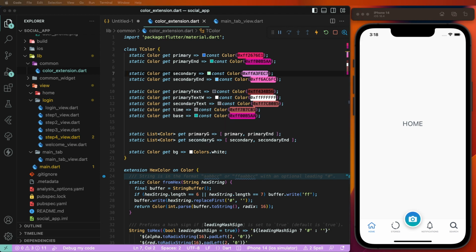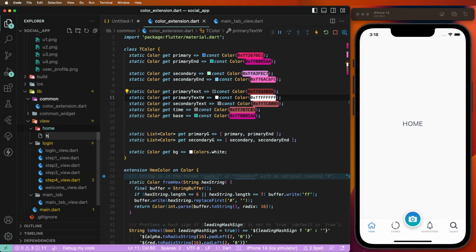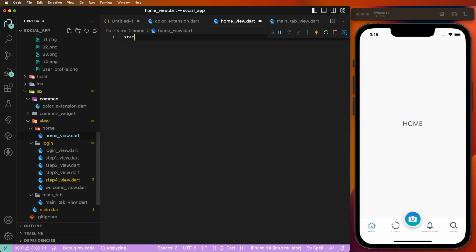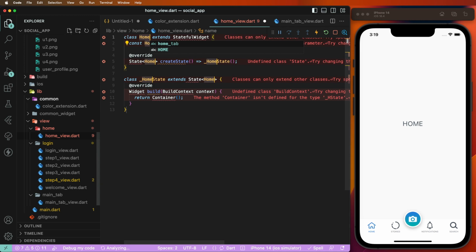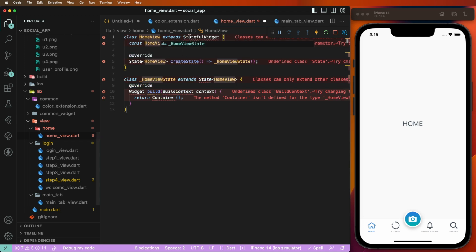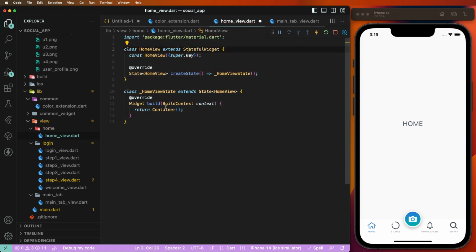Let's start. First of all, we need to create the app bar. First, we need the home view. Inside the home folder, we need to create a new file and give it the name home_view.dart. We need to give this name like this, and now create a stateful widget and name it HomeView. First of all, we need to import the material dependency, and now create the scaffold,